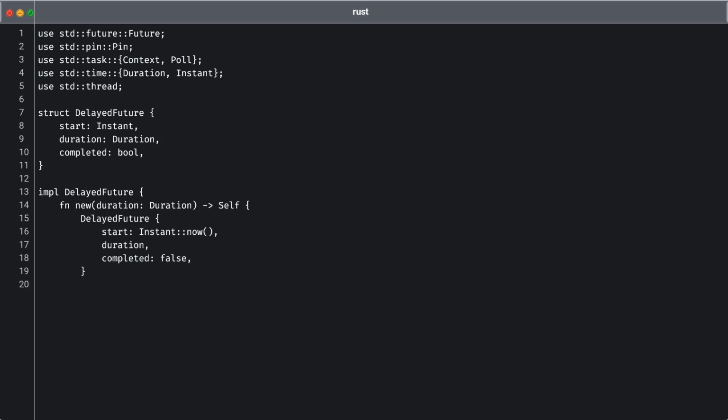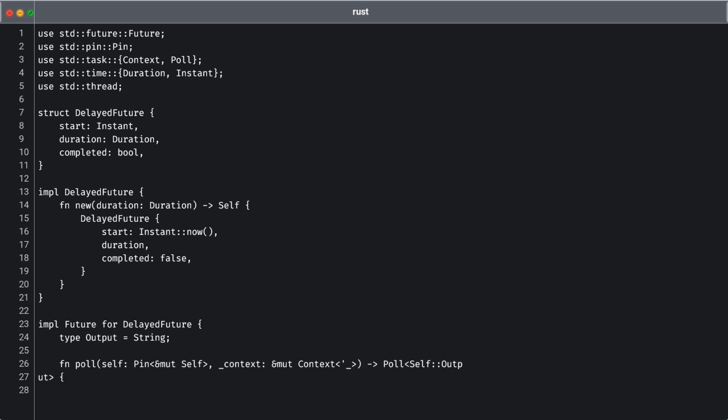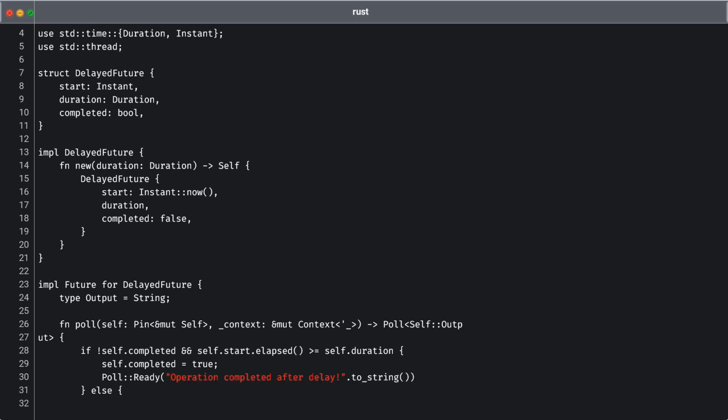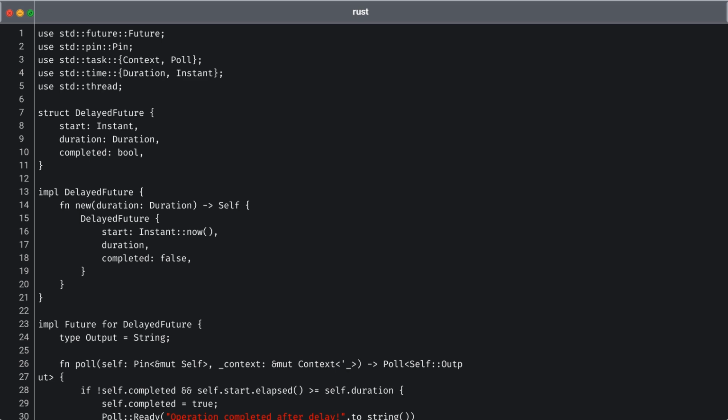In the poll method, we check if the duration has elapsed since the future began. If the current elapsed time equals or exceeds the specified duration, we set the completed flag to true and return Poll::Ready with a success message. This indicates that the operation is completed, allowing any awaiting tasks to proceed. If the duration has not yet elapsed, we return Poll::Pending, signaling that the future should continue to be polled